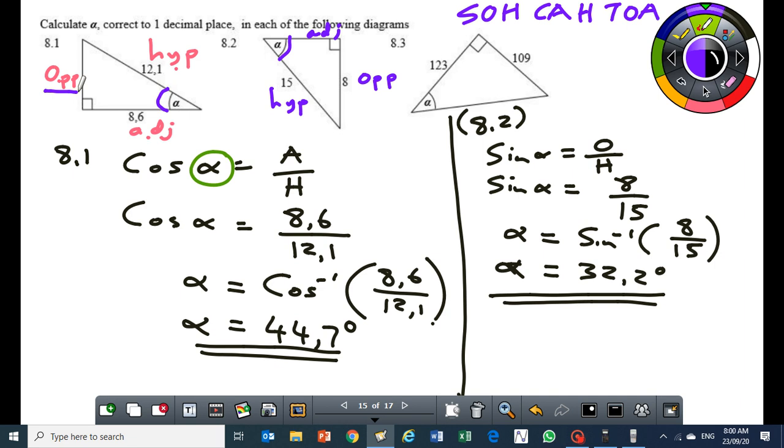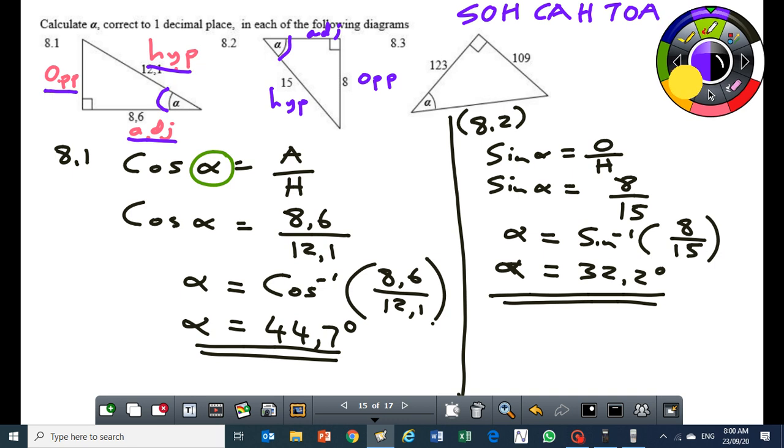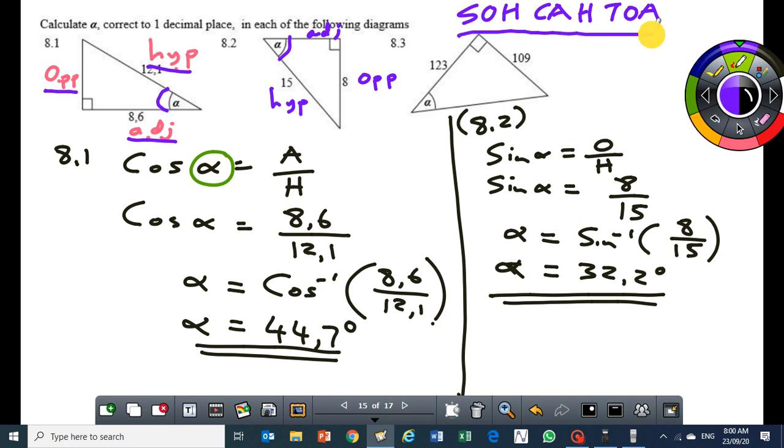Once I identify my opposite side, the third side is going to be the adjacent side. Obviously, I have my hypotenuse. So I now know my hypotenuse, opposite side, and adjacent side. I need to calculate alpha. To calculate alpha, you need to remember your trigonometric ratios, those three. Now, based on the diagram,